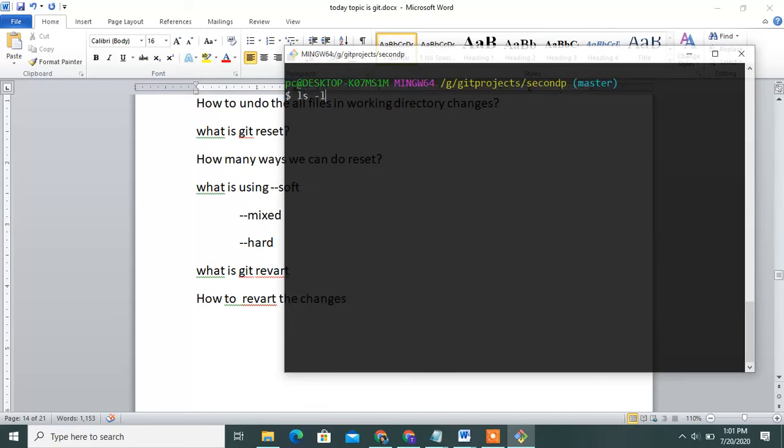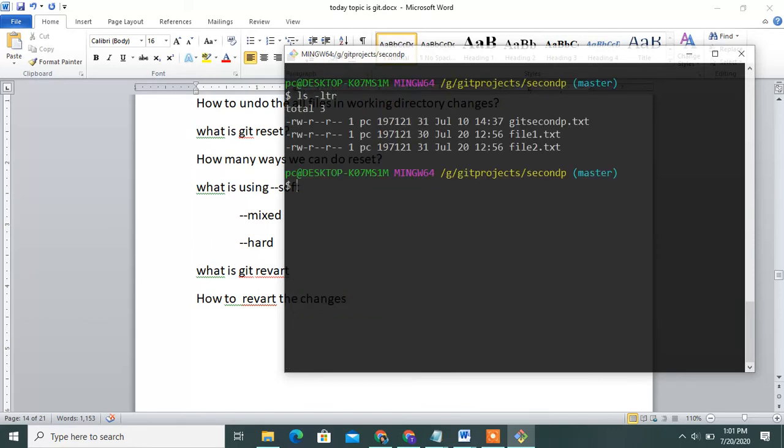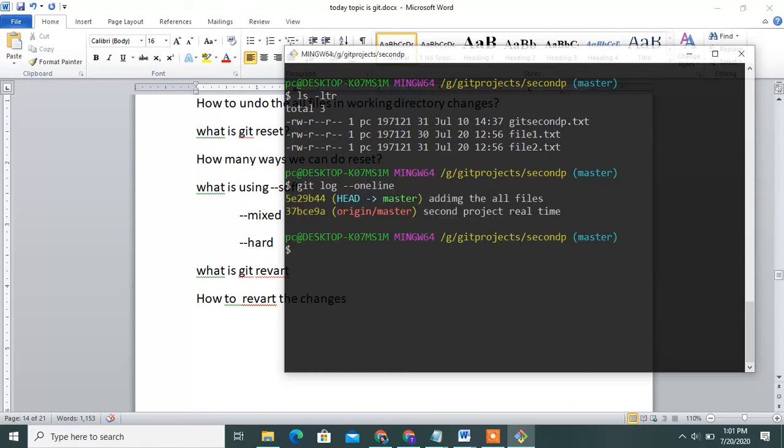First of all, check how many files there are and the history of the commit IDs.